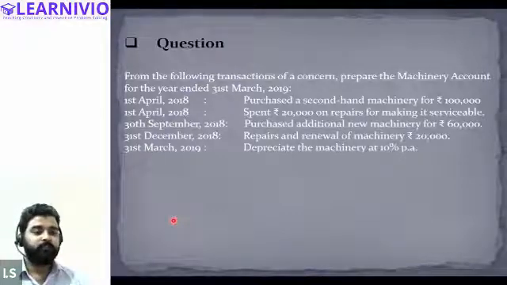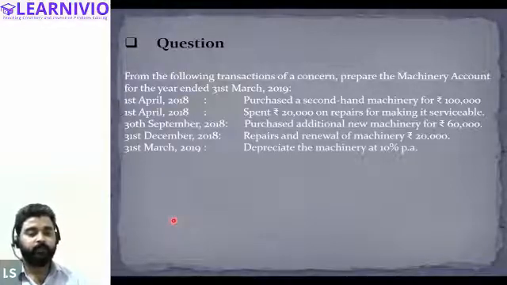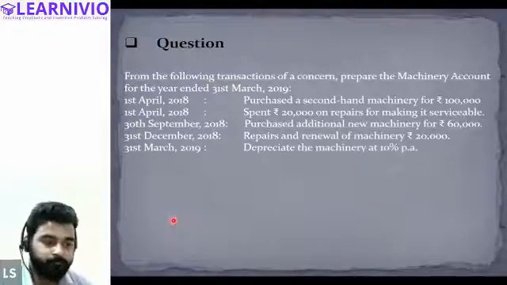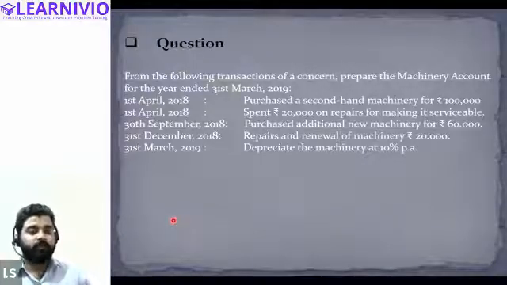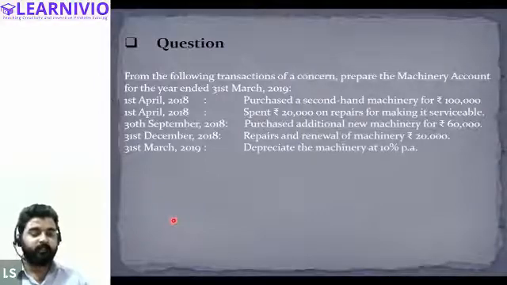Start preparing this. First of all, prepare the machinery account, and if you are not able to find the correct closing balance, I'll be helping you out. All right, Halima and Samiksha, any doubt you want to ask regarding the question? No, sir. Just give it a try, and if you're not able to solve it, I'll be solving it. This is easy, I'm pretty sure you can do this. Just one point that you need to be cautious about: one thing is different in this question.